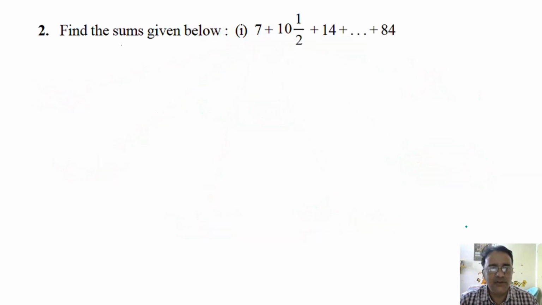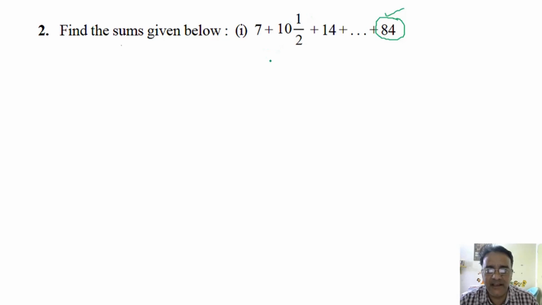Okay, so let us start with the second question of the NCERT, that is 5.3. Find the sum of the numbers given if last term is given. Now this is a type of question where the last term is given, but the number of terms is not given. So what is the first step? Is that we have to find the number of terms using nth term of AP formula. So this is the combination of both the formulas. Such type of questions are very important for board exam.